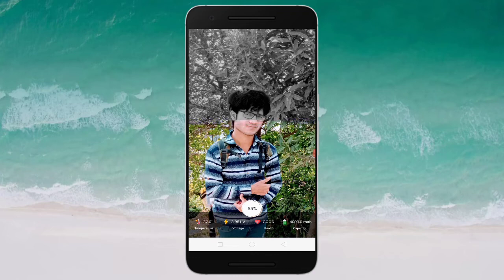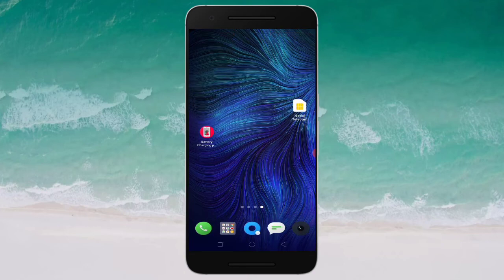So actually this is an amazing feature. But guys, by this app, by this process you can set up and set your photo from charging time. Okay, so guys, right now you can see